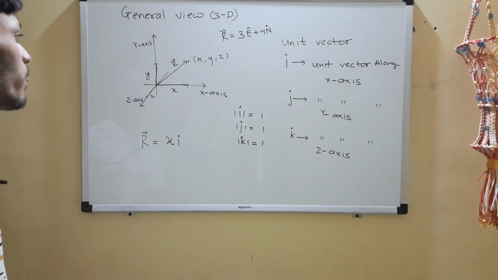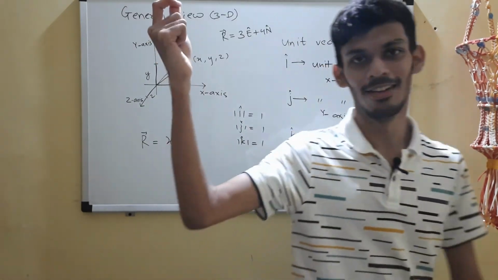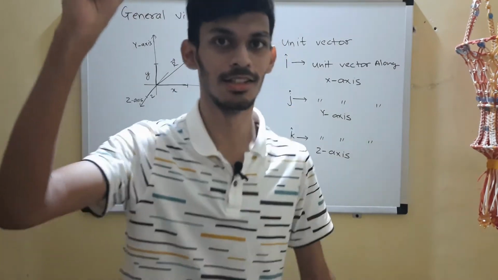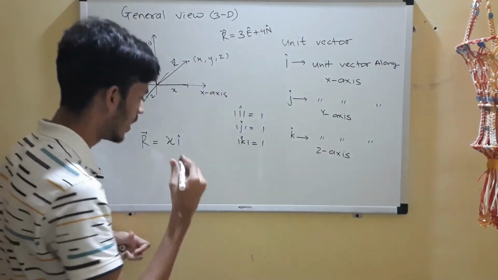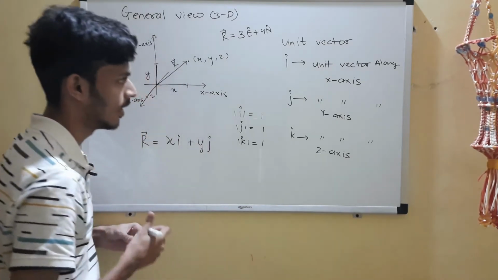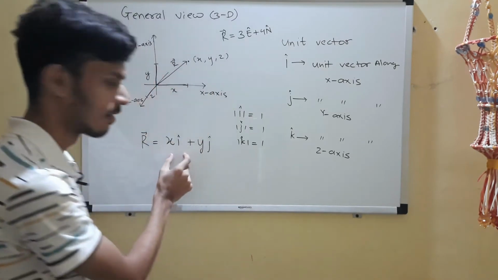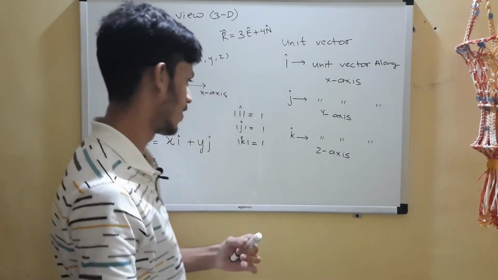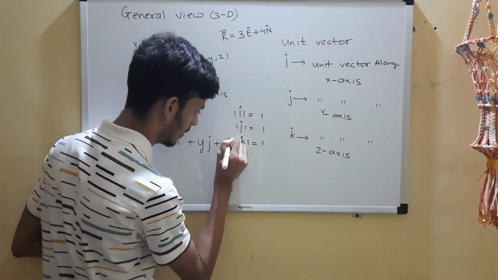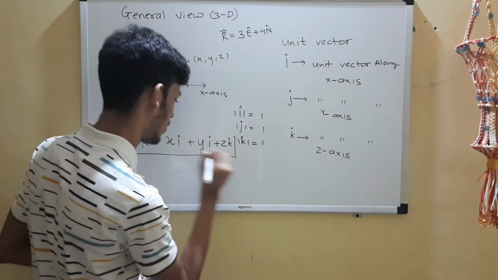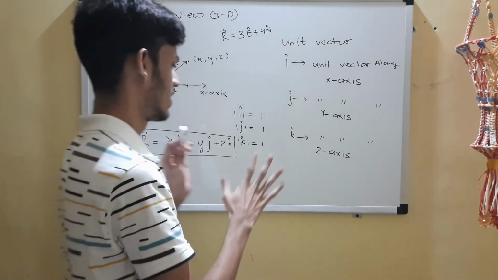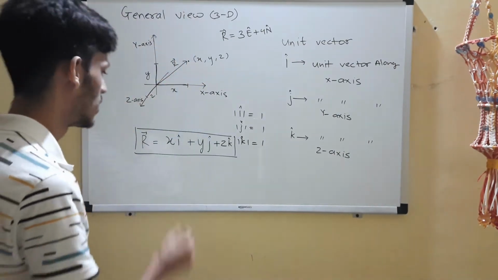Now jump the distance y. I have to match it in height, so I have to jump or fly the distance y, so I also have to account plus y j cap. So walk the distance x, jump the distance y, and move in front the distance z. This is what the component form of a vector looks like. So this is easy, right? You have to just replace this.